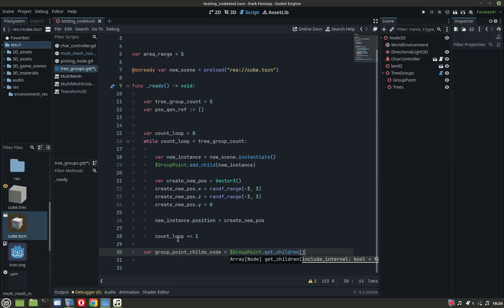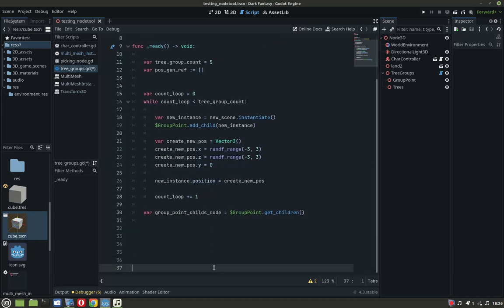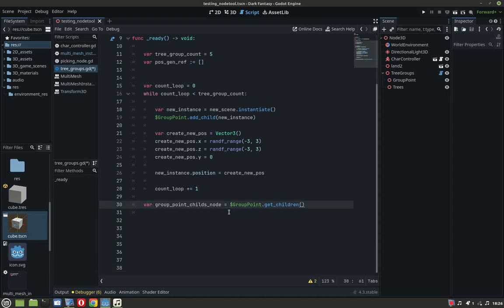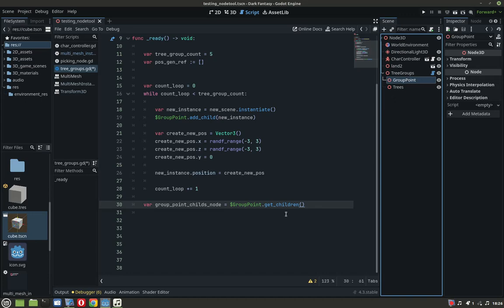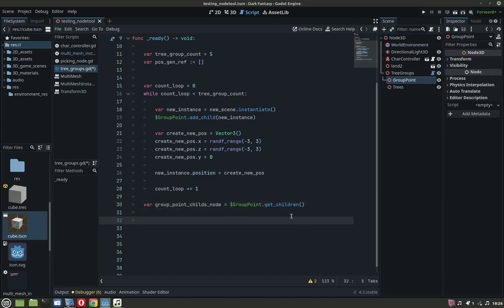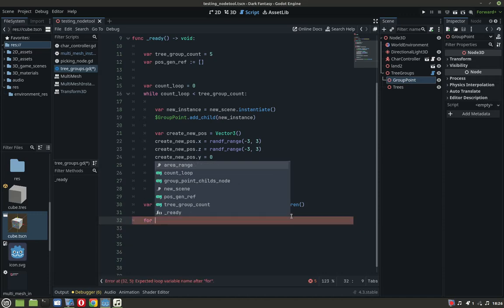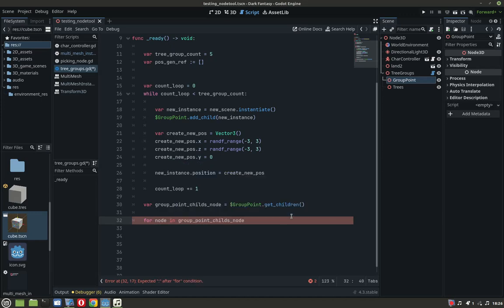We create a variable to hold the group point children. We use this name variable group point child's node equal get group point dot get children. So we will get the group point children, and then we can use the for statement, for node in group point child's node,